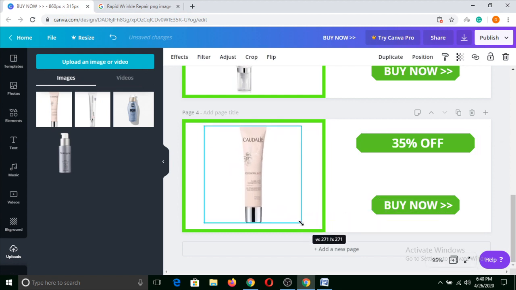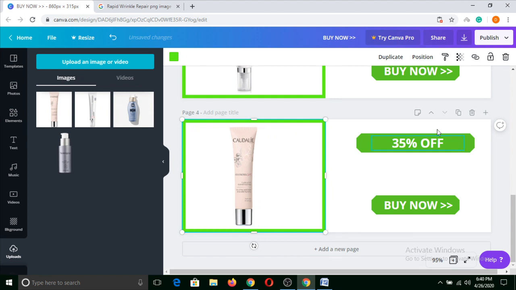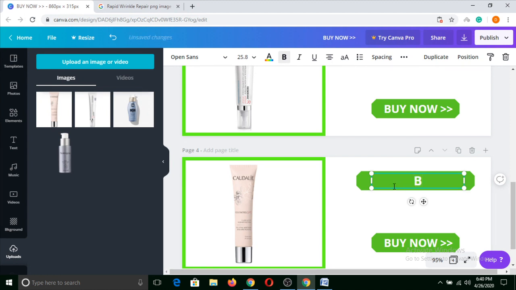So I can simply increase it, and maybe this has an offer of buy 2 get 1 free.